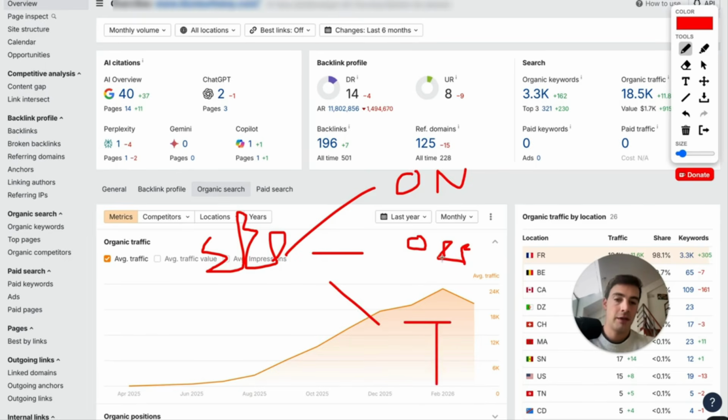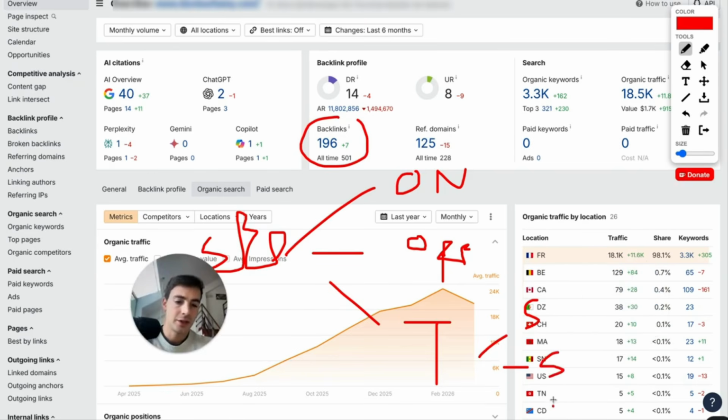On page is basically everything that happens on the site, like the keywords you target, the content you write, how you write it, how you put the content into your site. It's everything that happens on your site. Off page is everything that happens off your site, basically backlinks, okay? And then technical SEO is the boring part, like site speed, schema markup, meta titles, meta tags, canonicals, image alt text, internal links,